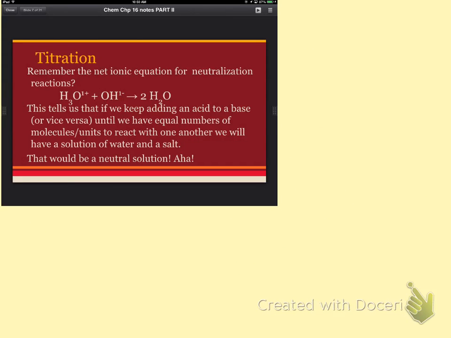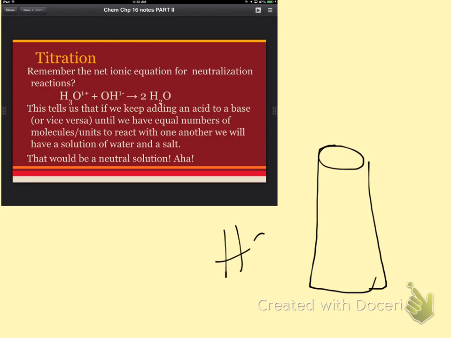Okay, so you remember that for any neutralization equation, if we put an acid and a base together and they neutralize one another, we get what? Water and a salt. And the net ionic equation is just production of water. Hydronium, hydroxide, we get water. Most of the salts are soluble. So what that tells us is if we have a container of an acid, there's a very bad flask of HCl. Okay? And I keep adding,